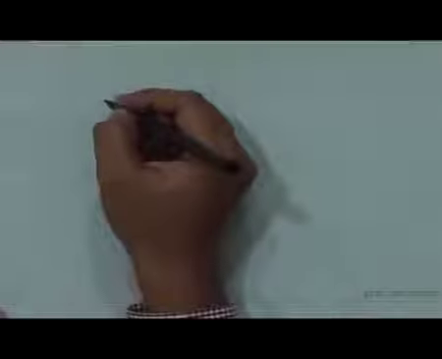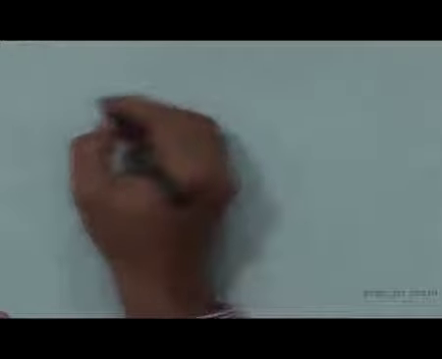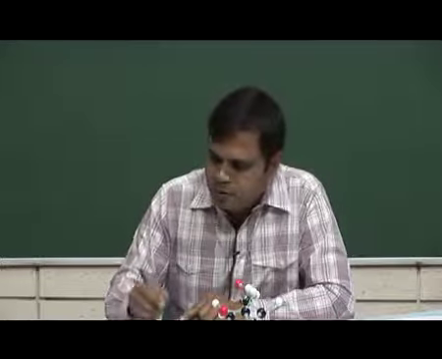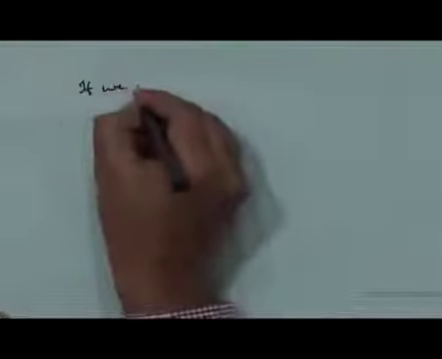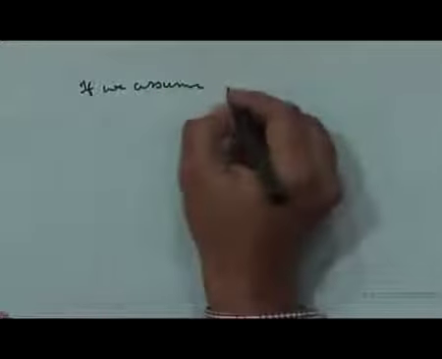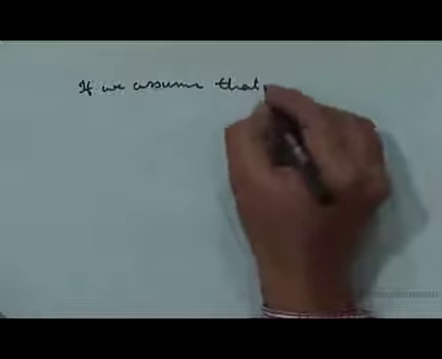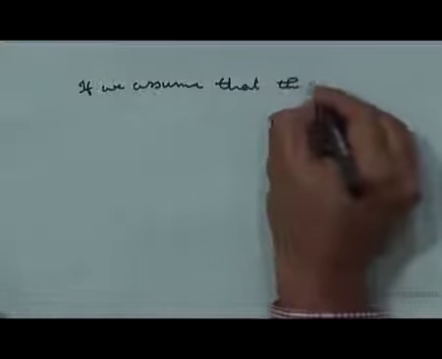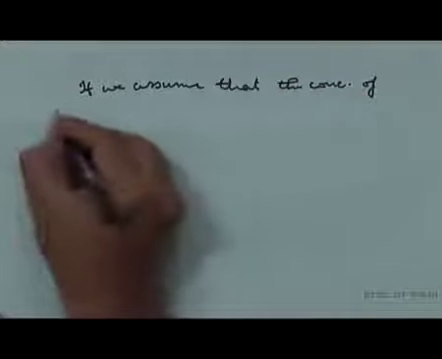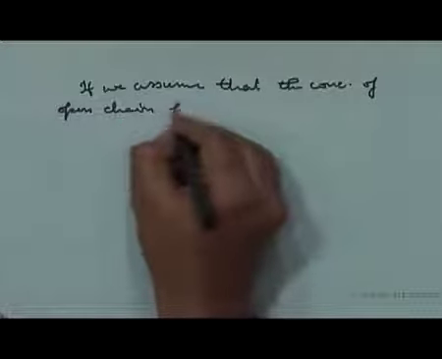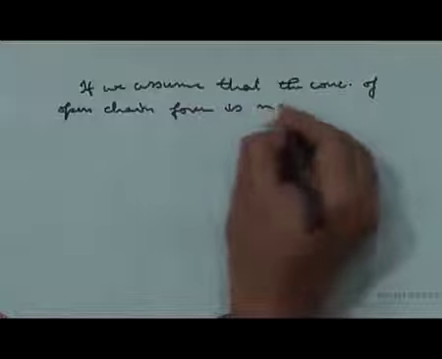Assuming that the concentration of the open chain is negligible, we can figure out the percentage of cyclic structures available in the solution. So, if we assume that the concentration of open chain form is negligible or 0,